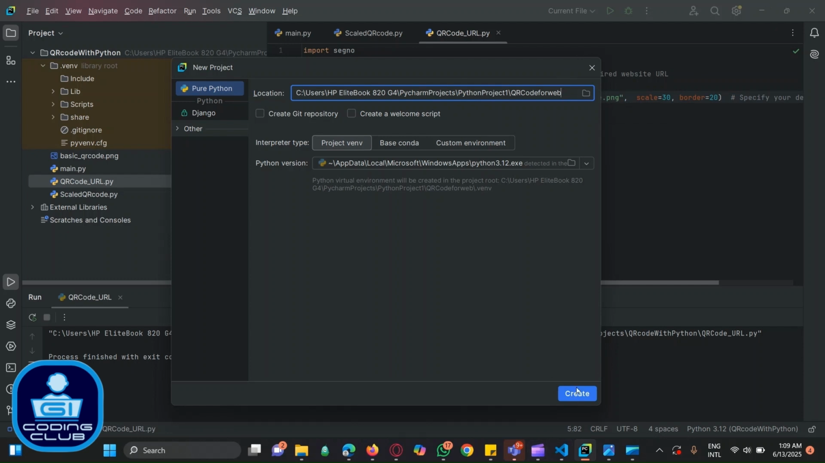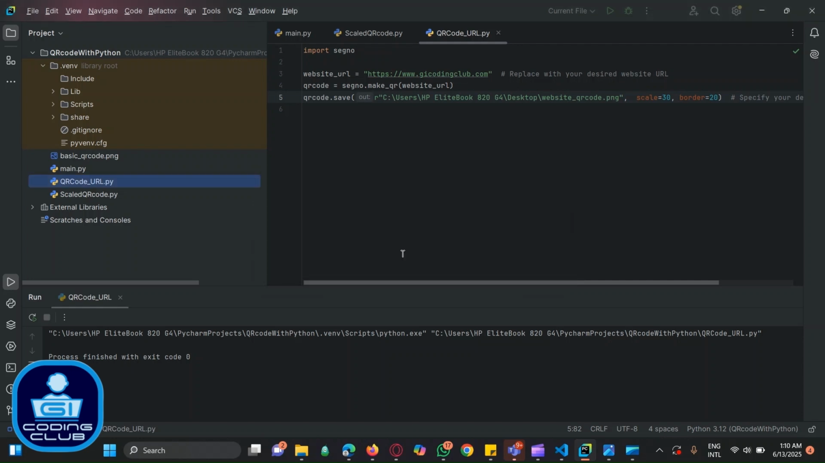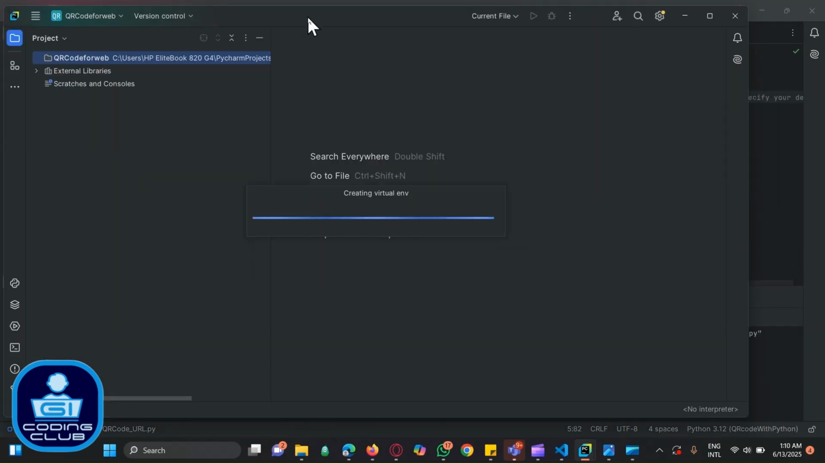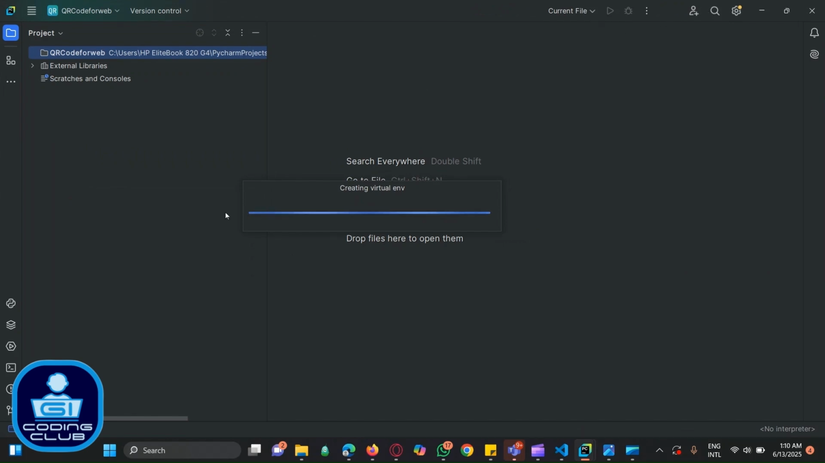Okay, so hit the button create. It's going to ask you, do you want to replace this window? You can say yes or no, whichever one you want. But let me open it in a new window. Okay, so now this is my Python environment. Let me expand it. You can see the folder I created, QR code for web, and it's actually located in